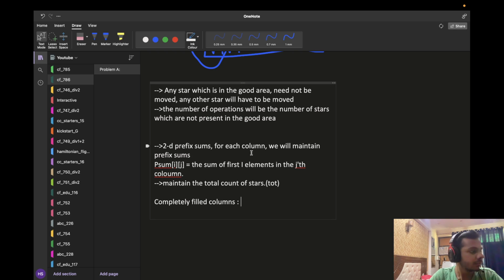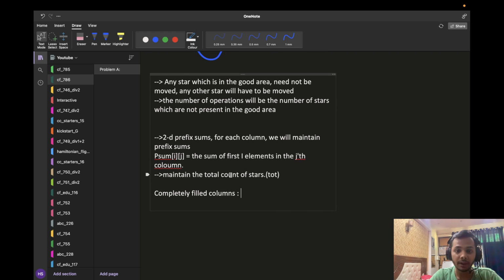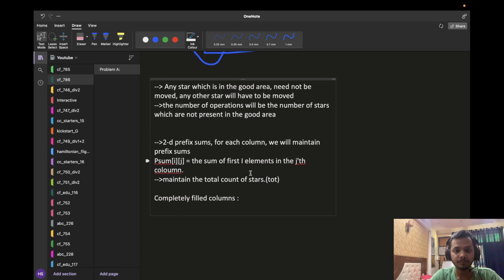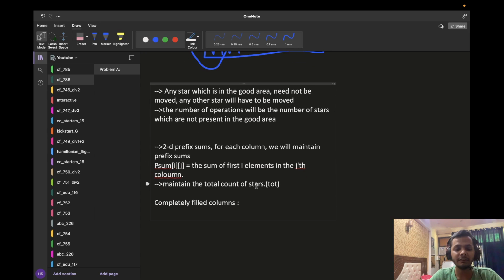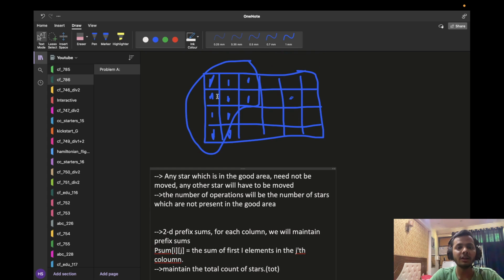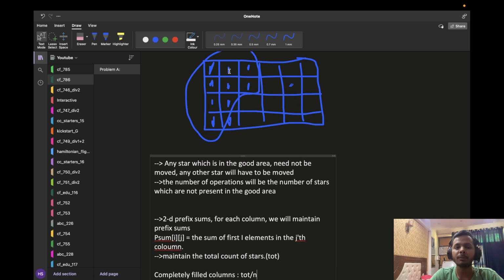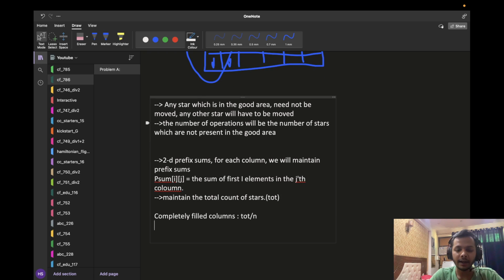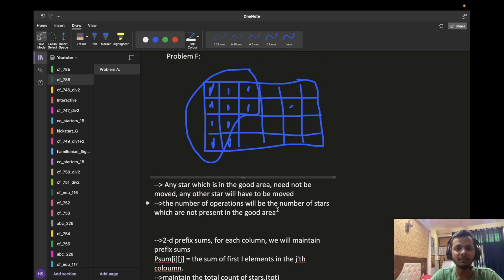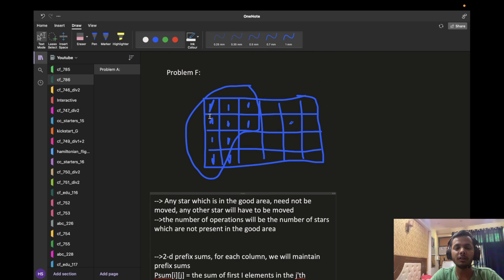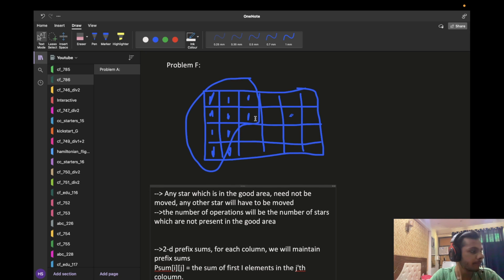The first few columns will be completely filled, but which are going to be these columns? Well, the number of columns that are going to be completely filled is nothing but the quotient of tot divided by n, because in every column there are these n stars, and so the total number of completely filled columns will be tot by n, and the number of stars in the last column is going to be nothing but tot modulo n, right? I hope this is easy to understand. This is just basic mathematics. These tot by n columns will be completely filled, and in this last column there will be tot modulo n